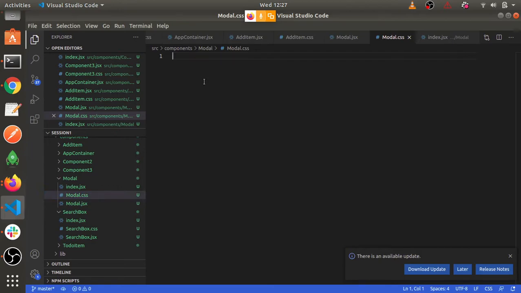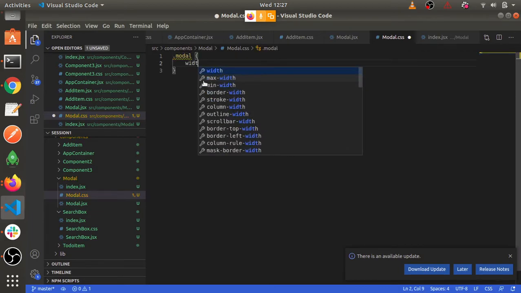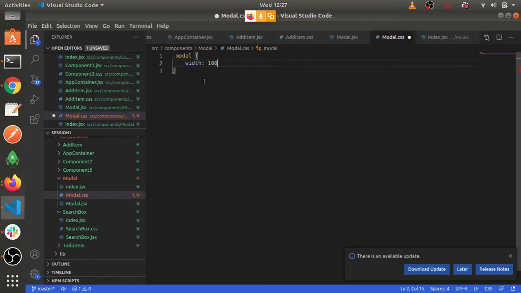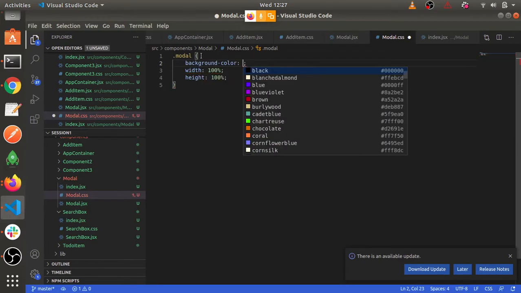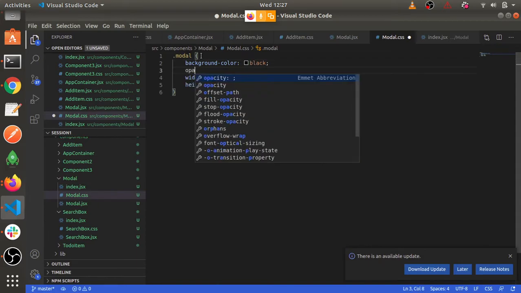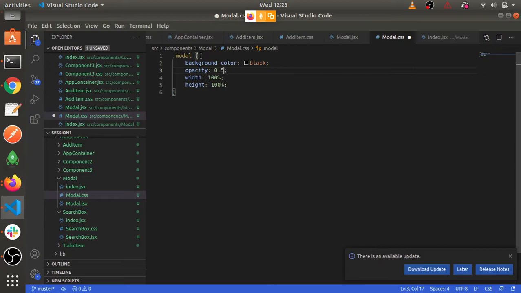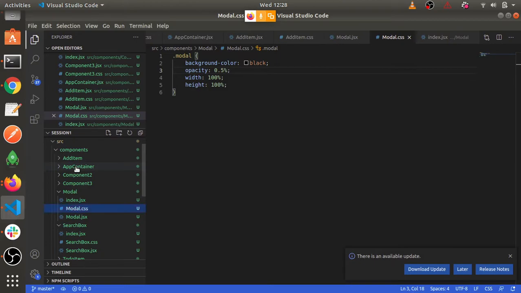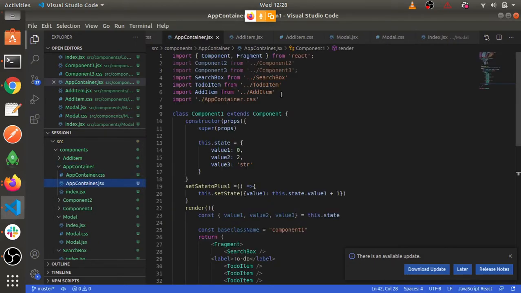So it is .modal, which has width 100%, height 100%. Background color, I will not give transparent, I'll give it black, and opacity 0.5.